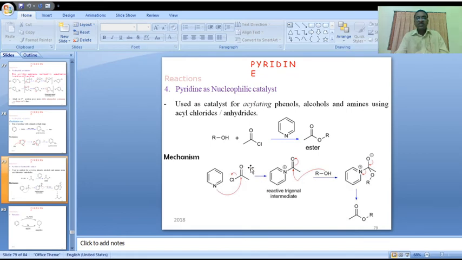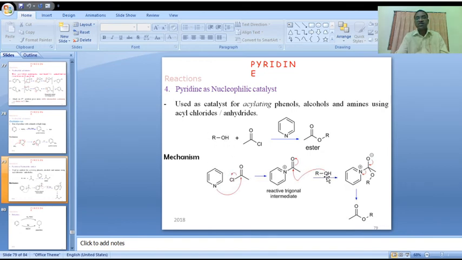Here, the acyl chloride, that acyl carbonyl carbon. The pyridine's pair of electrons, that heteroatom's electrons, bond with the carbonyl carbon. Here, breakage of the halogen, chlorine, forms a reactive trigonal intermediate. Reactive trigonal intermediate. Okay. Now let us go on to the reaction with the second starting material, that